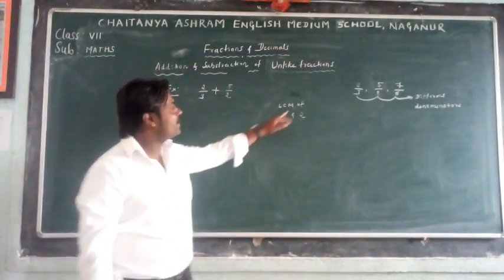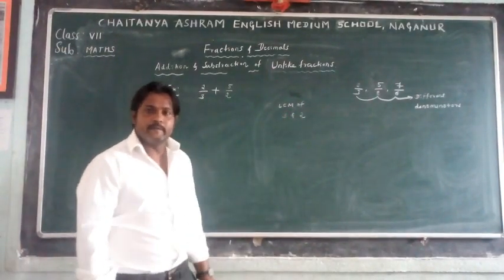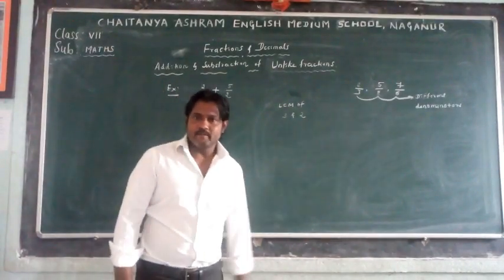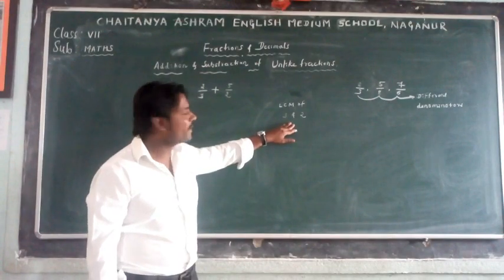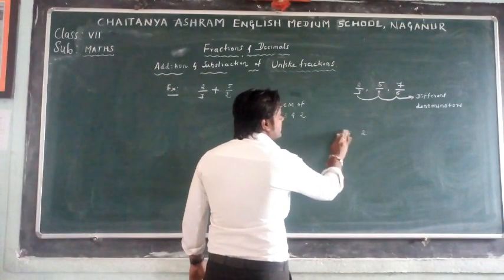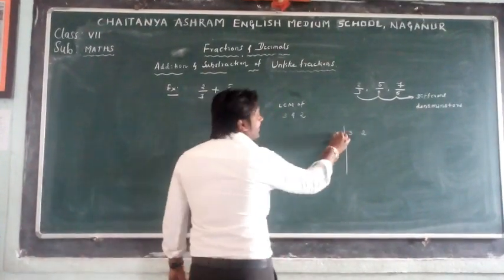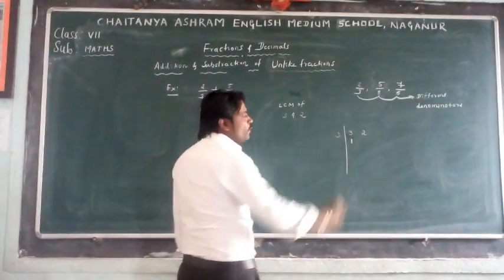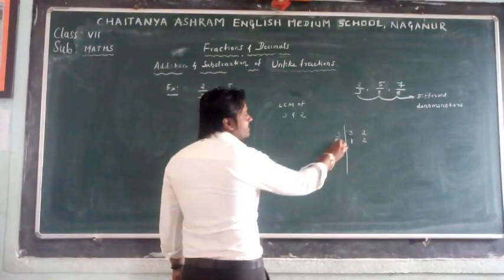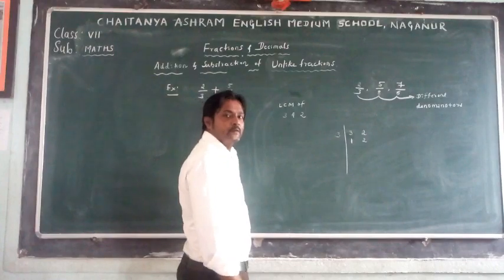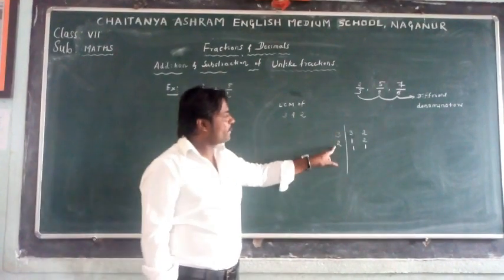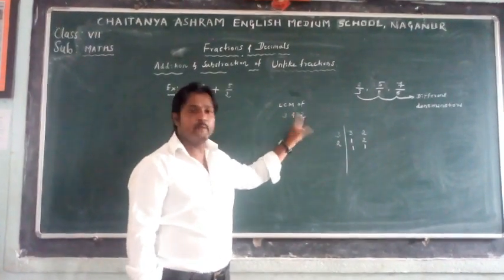So tell me, what is the LCM of 3 and 2? You have been finding the LCM from 5th standard. Just tell me what is the LCM? How to find the LCM of 3 and 2? Listen. 3. This is 2. 3 ones are 3. 2 is not there in 3 table. So write this 2 as this. Again, this 2 is divisible by 2 only. So 2 ones are 2. Then this product is the LCM of 3 and 2.